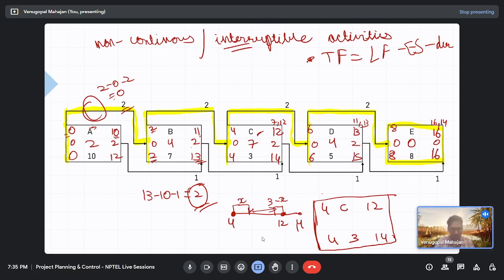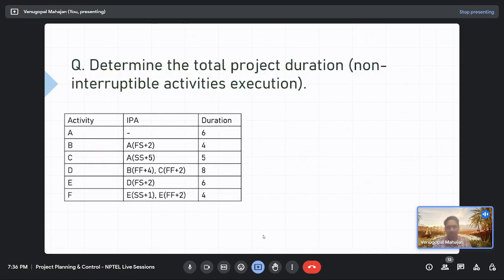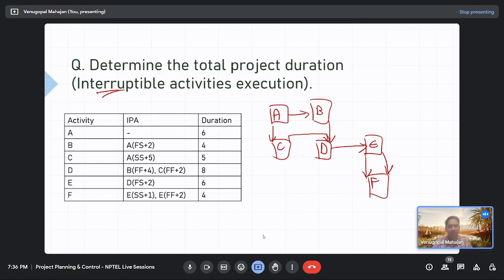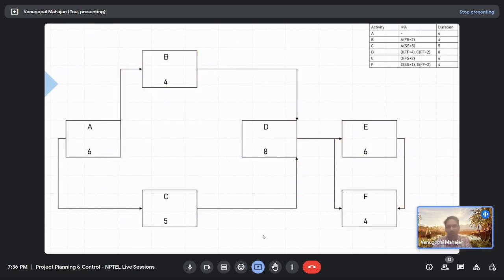We have not discussed. The logic should follow that at earliest you should finish by 12, or if you're talking about latest you should finish by 14, but you should start by 4. So you start by 4 and you split it. This is splitting. Now we saw one numerical, this one with splitting. Now let's see what happens if it is not split.